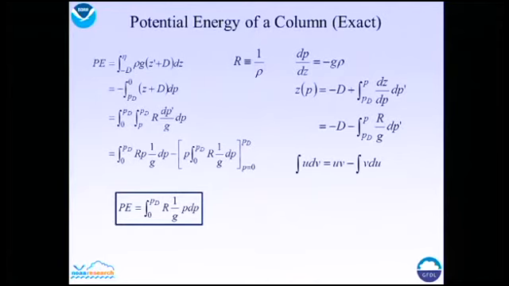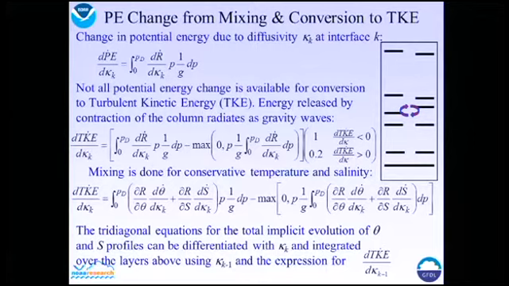So first off, there's only one small transformation I need to make. Instead of working in depth space, so this is an expression for the potential energy, we needed to convert into pressure space, because when you mix, the water column as a whole can change its height, but it doesn't change the hydrostatic pressure at the top and the bottom. So based on this exact result, we're basically able, and I'm not going to go through the equations in the interest of time, but to say if I mix at this interface,